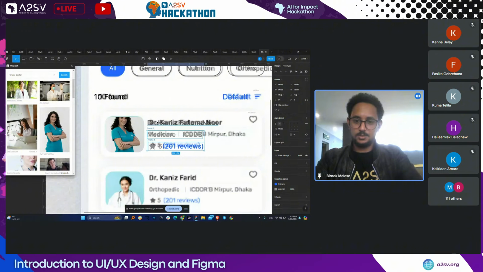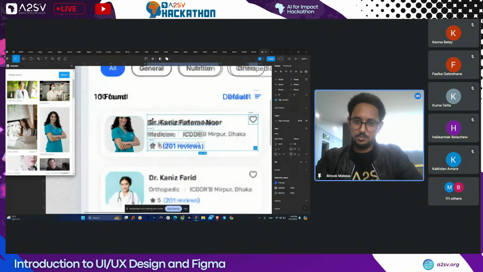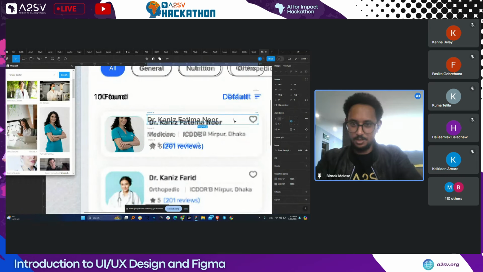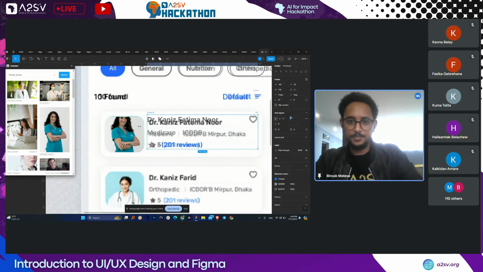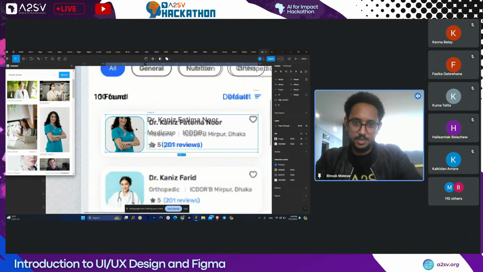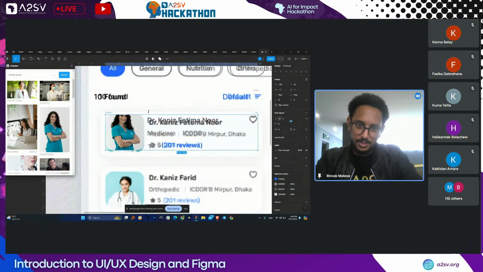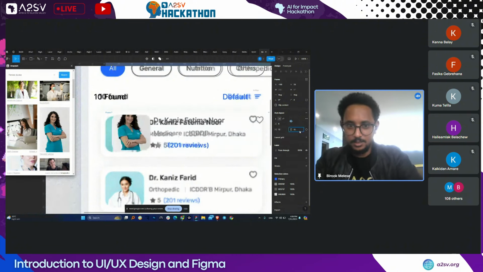So I already created this one. Okay, for this one, maybe I can make this one in one auto layout, and then this one I can, or I can actually create both of them at the same time, and I can reduce this one, and then with this I can make them auto layouts, and if you see there is a horizontal and vertical padding right here, so I can create that by maybe I can say 12, 12,